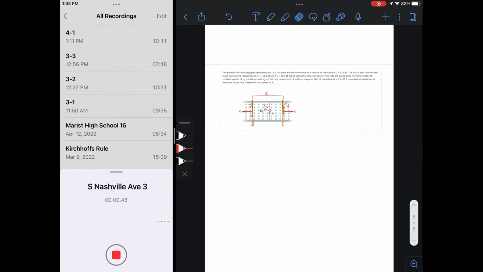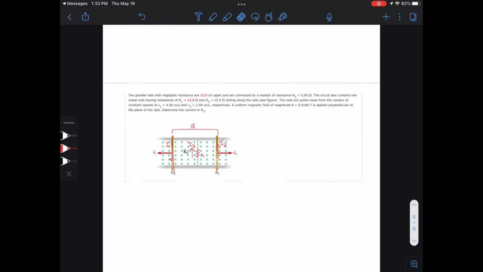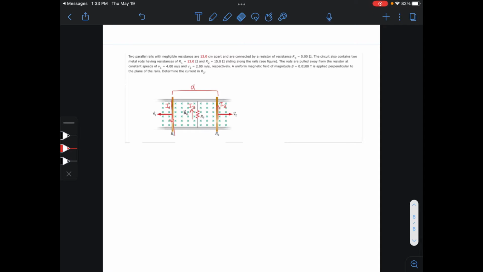Okay, this is WebAssign 4.2, motional EMF. Two parallel rails of negligible resistance are 13 centimeters apart and are connected by a resistor with resistance R3. The circuit also contains two metal rods having resistance R1 equals 13 ohms and R2 equals 15 ohms sliding on the two rails. The rods are pulled away from the resistor at constant speed, so V1 equals 4 meters per second and V2 equals 2 meters per second,